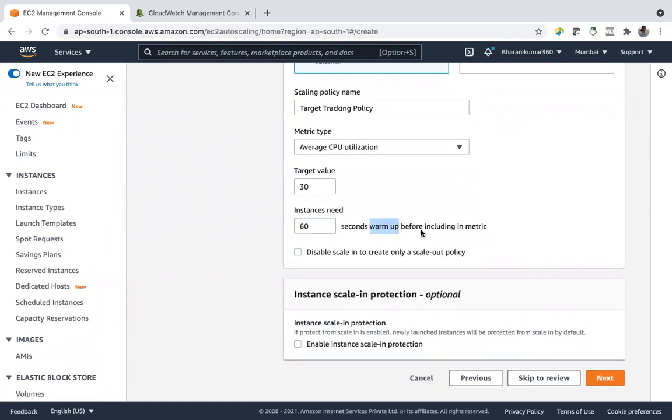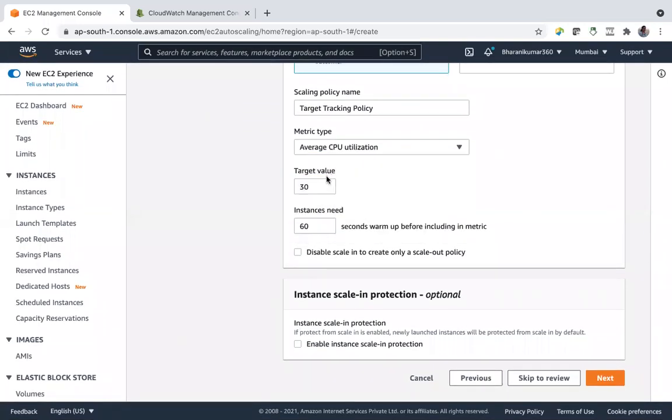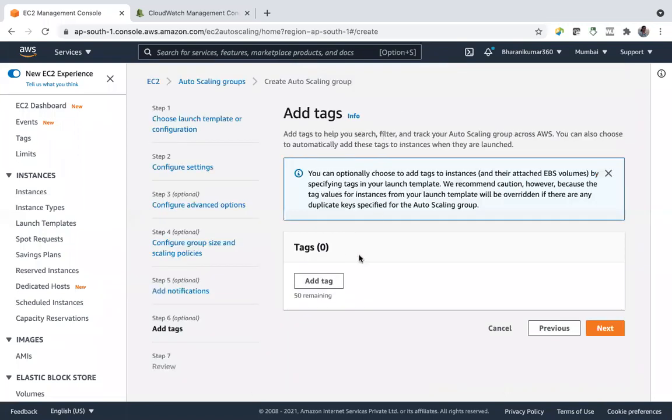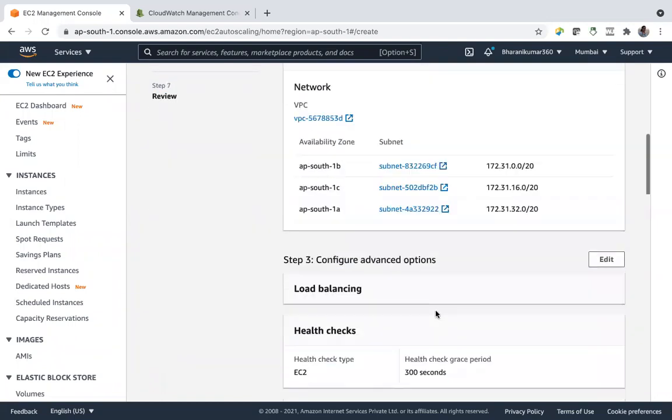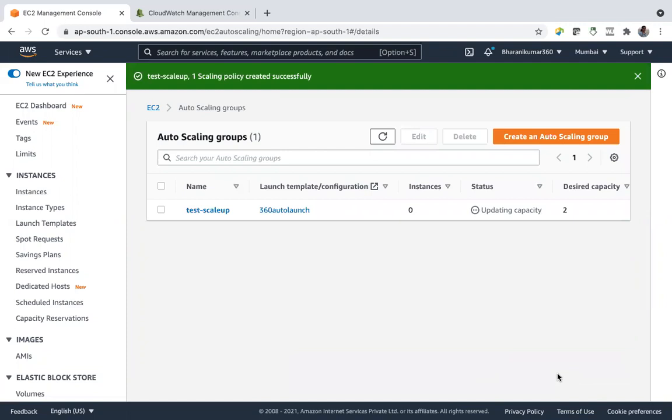We are setting it before considering any metric, CPU utilization here in our case. It can be any other metric also. You can choose in this drop down. Before considering it, it takes 60 seconds in between. Right, and yes, next. We don't want notification, let's skip it. And also tags, create auto scaling group.